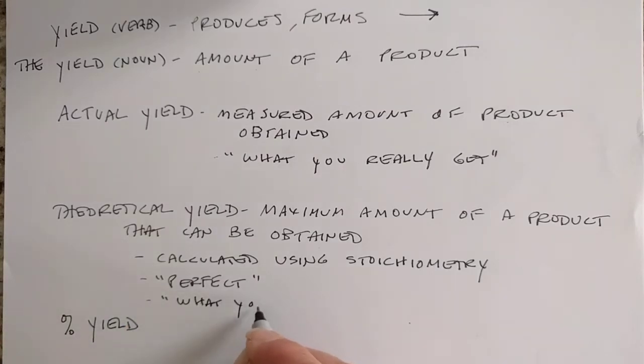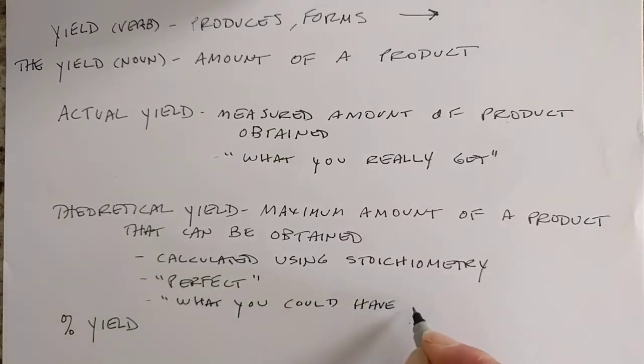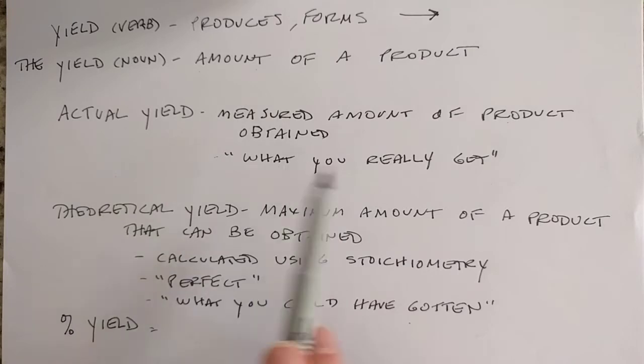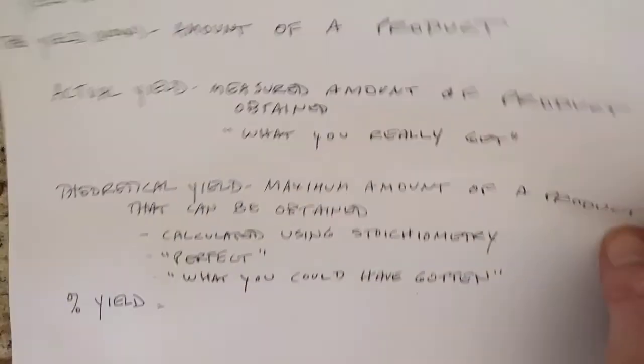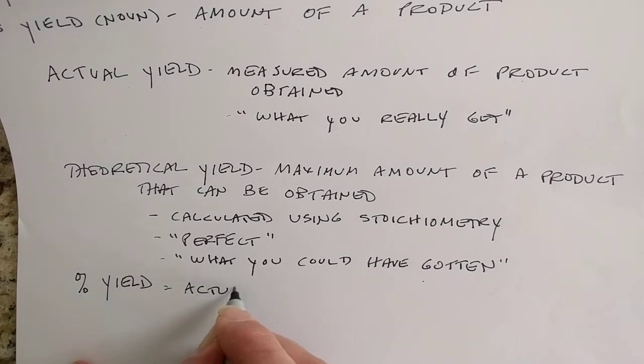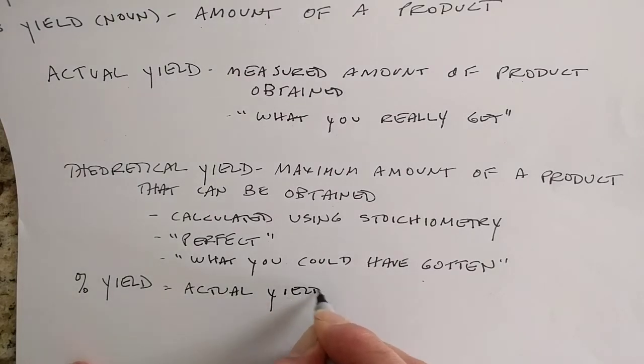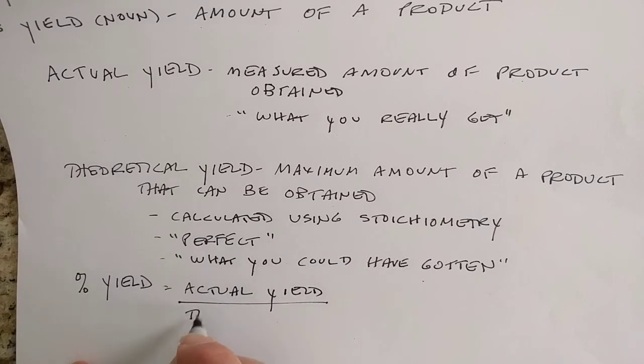And our theoretical yield, this is what you could have gotten if everything was perfect, which it usually is not, because there is always that error that we get in any laboratory exercise. So this is what you could have gotten. And then our percent yield, this is just what we really got, divided by what we could have gotten, times 100. So our percent yield is the actual yield divided by the theoretical yield